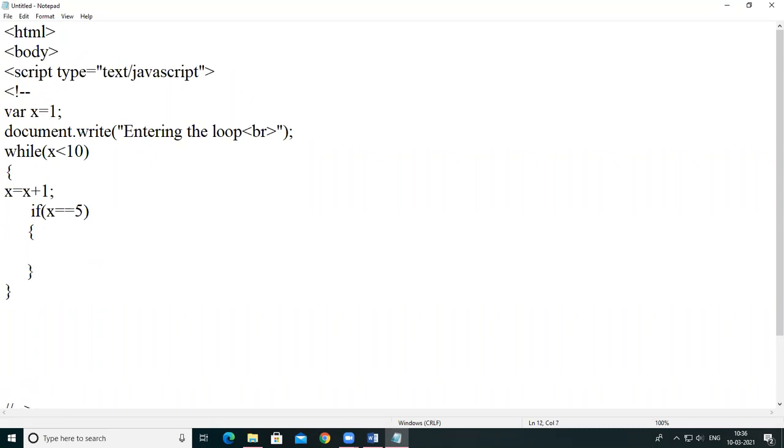Okay, so here I'm writing this code, that is the continue statement.